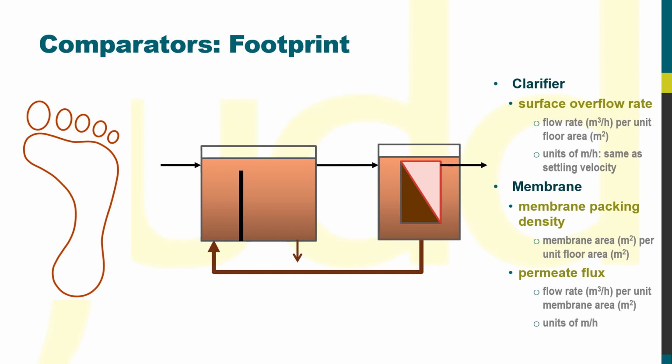Because sedimentation is relatively slow, whereas the membrane packing density can be made quite high, the footprint of a membrane tank or skid is generally less than half that of the conventional clarifier. We'll look at this in more detail in a future video on membrane technology versus clarification. But next,